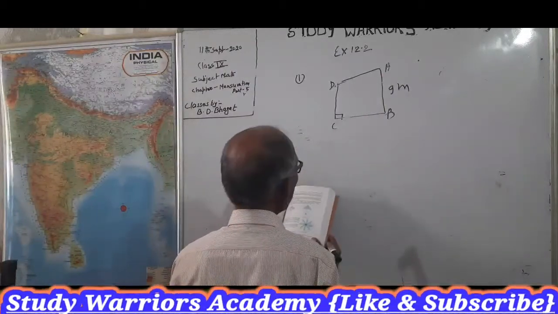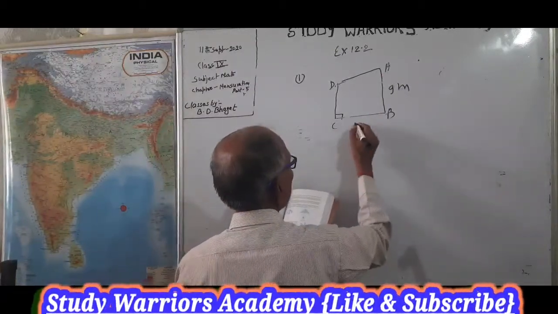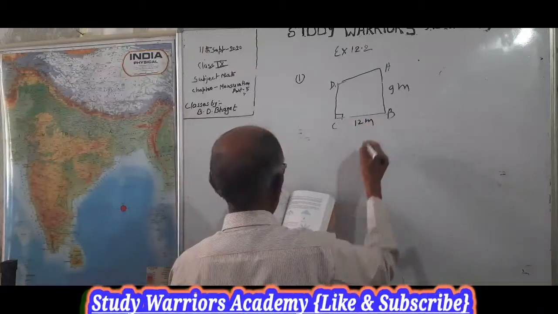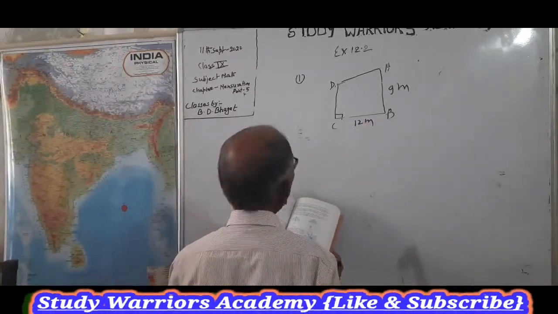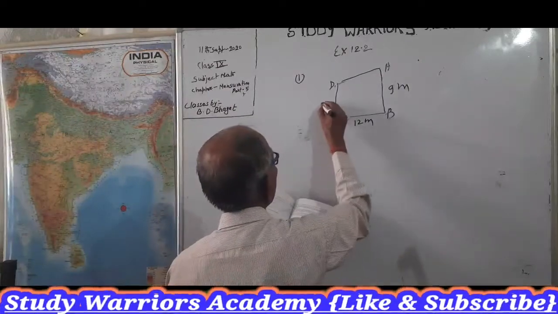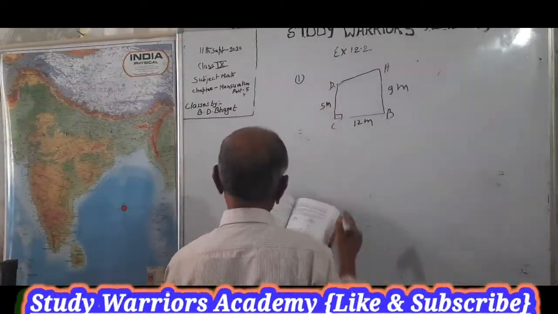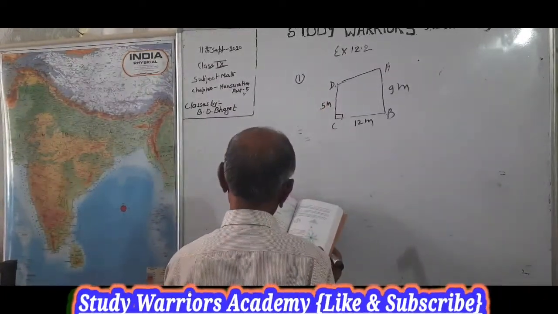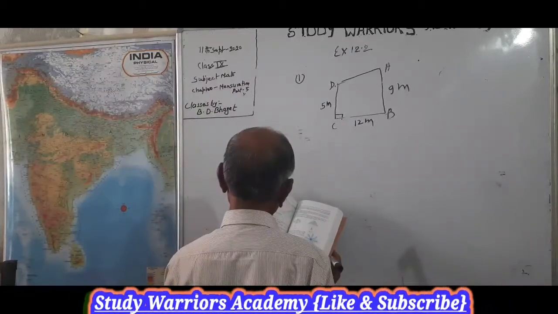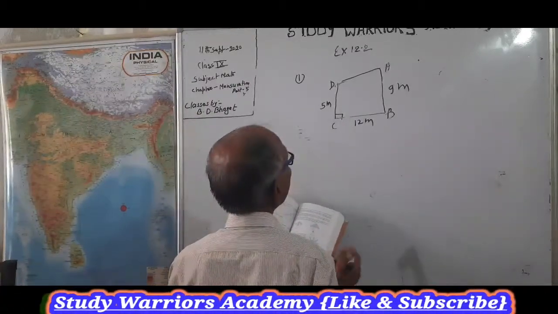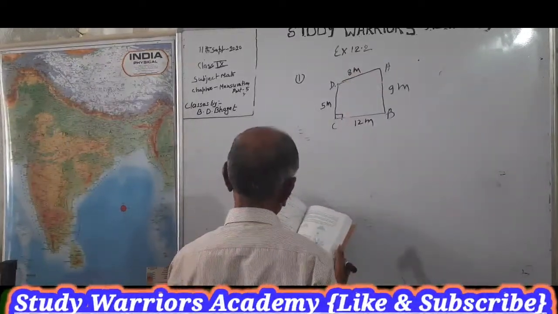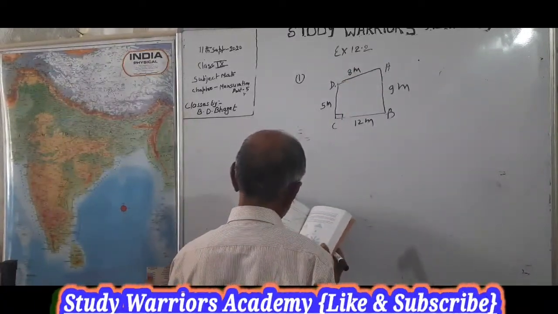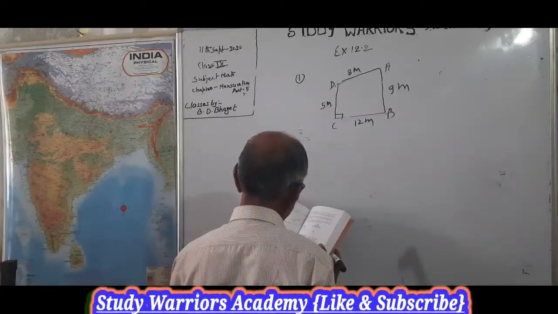BC is equal to 12 meter. This is BC. CD is equal to 5 meter. This is CD, 5 meter. And AD is equal to 8 meter. AD, 8 meter. So how much